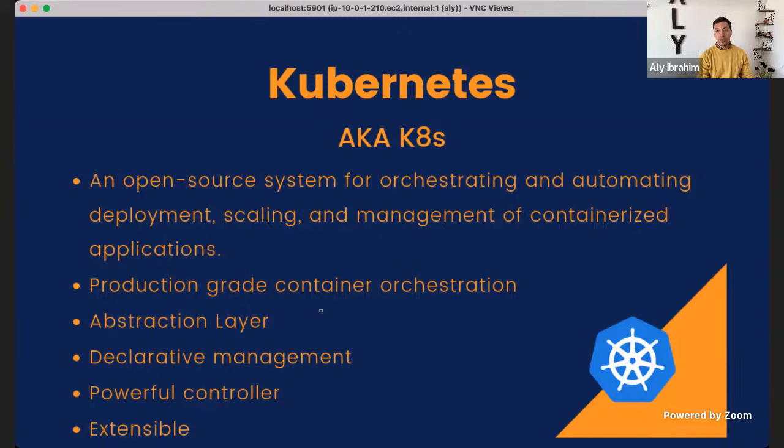It's production grade, so people are using Kubernetes now in production. There are a lot of workloads running in Kubernetes, in multiple industries like banking, media, machine learning. I think I've also read recently that ChatGPT is using Kubernetes to scale, so it's very helpful with scaling your applications. And you can think of Kubernetes as an abstraction layer, so it abstracts all the infrastructure and all the operating system behind it.